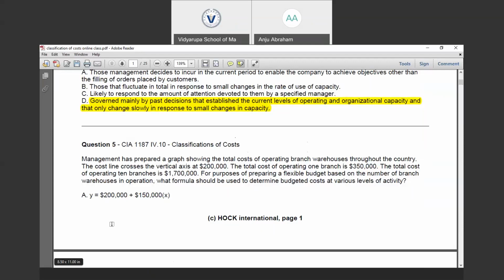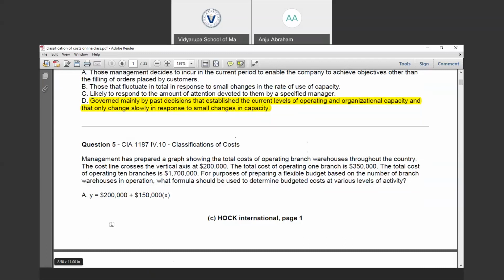We know that the cost of operating one branch is 350,000. So the unit variable cost for one branch is 350,000 minus 200,000, which will be 150,000. So unit variable cost is going to be 150,000 times X, where X may be the number of units or the number of branches, plus the total fixed cost.